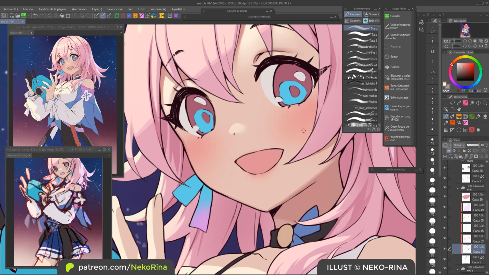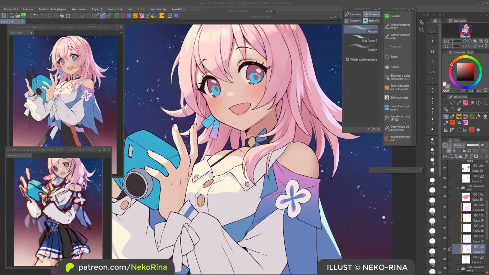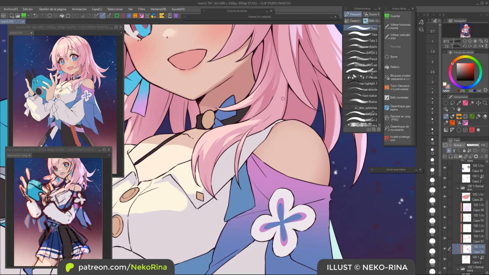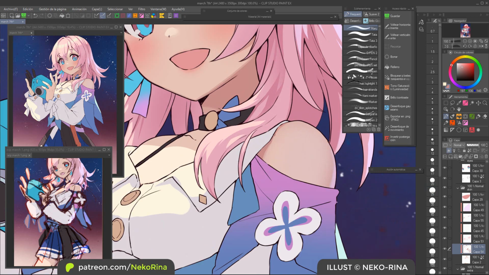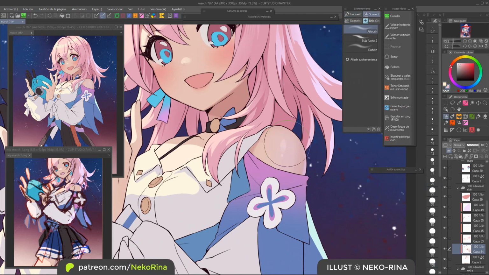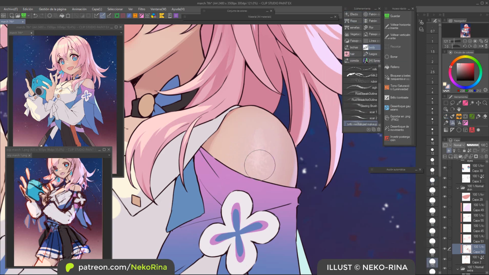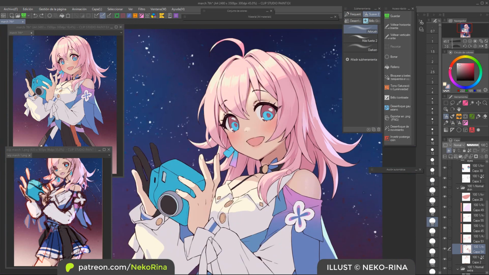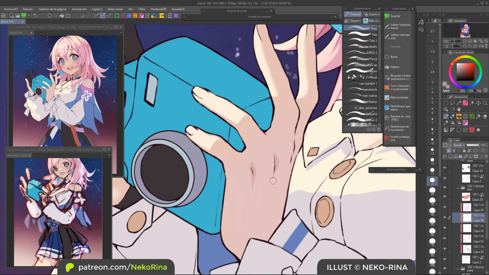I can't remember how much time passed, but it was certainly enough for me to start getting tired of cel shading again. So when I came back to it, I just felt the coloring was terrible. I felt it was too flat and too dirty even at some spots. The contrast was all over the place. Even some of the shapes of the shadows, I just hated them for some reason.